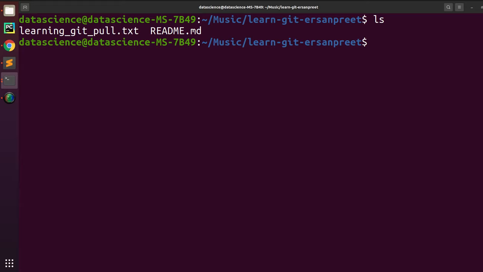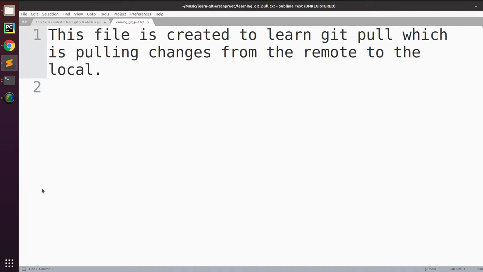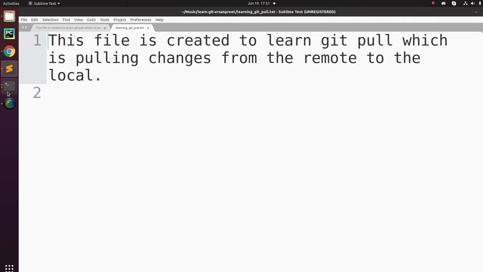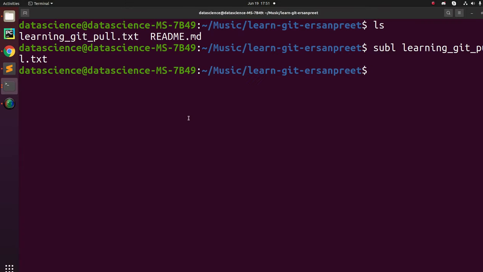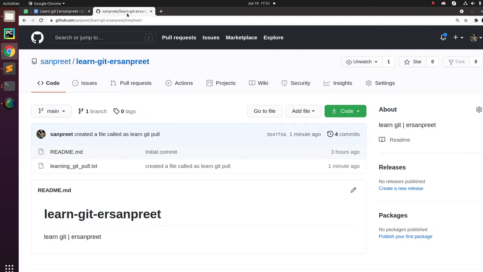learninggitpull.txt has been received in the local system, and if you open this file using your favorite editor, you will see that the content of this file has also been retrieved. So it serves the purpose. For example, this particular file which was updated on the remote was updated by employee Y, and employee Z was also working on the same project.